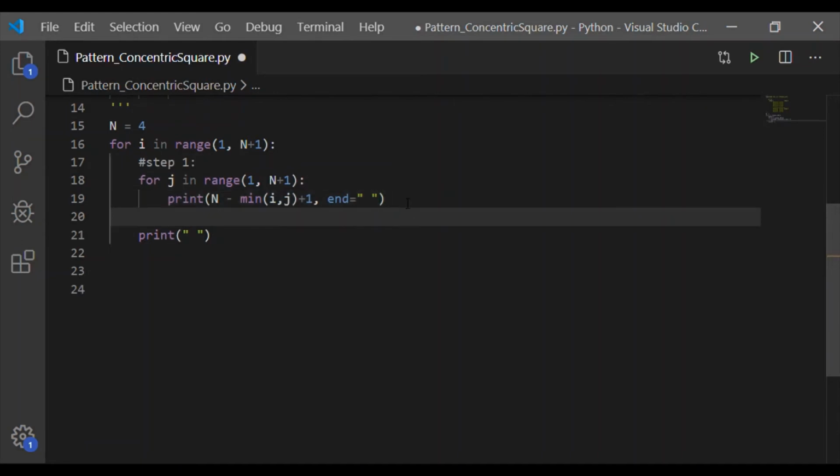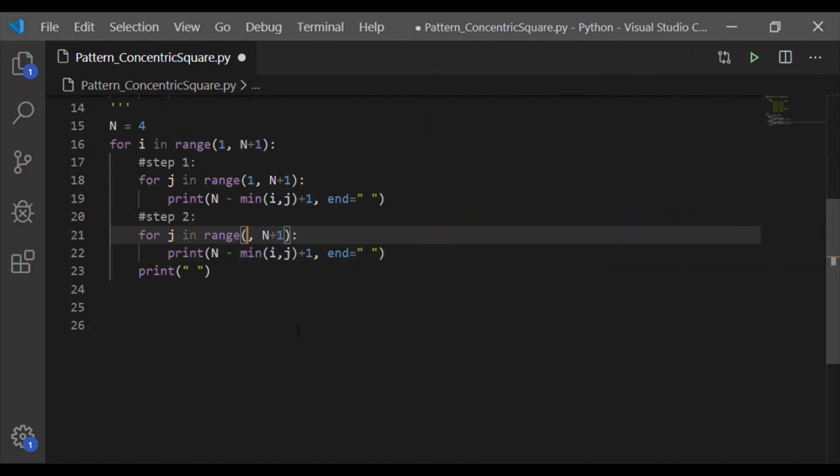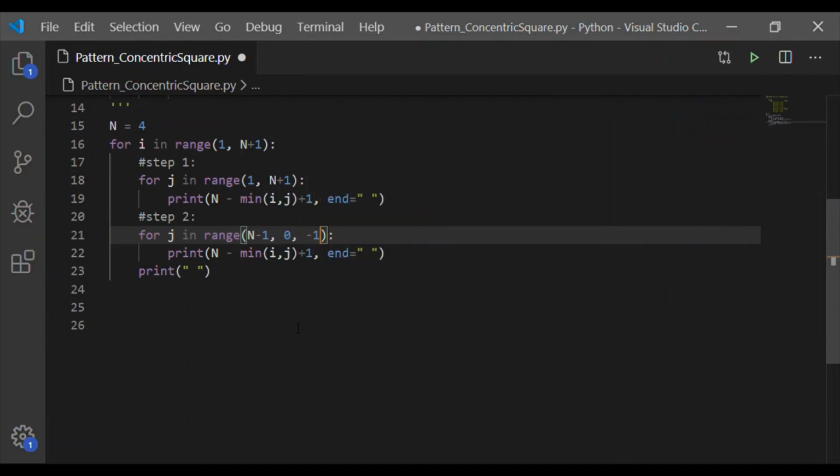So I'll take step 1, but the j value has to be symmetric to the left side, and it shall range from n minus 1 to 0, n minus 1 here because n being 4, j shall be symmetric from j equal to 3, 2 and 1.